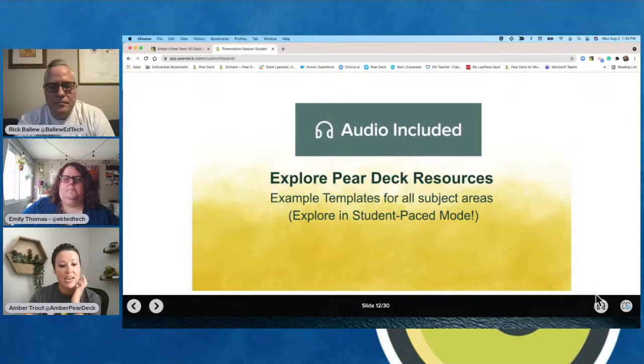Now, a lot of teachers say, does it pick up pictures? No, because it just picks up text. But here's the loophole that I'm going to give you right now: if you put a little text box underneath your picture, what do you think it's going to do? Pick up the words and read it to the kids on that picture. So that's just a little quick tip there. If you don't know how to do that, it's easy to have students still interacting with pictures, even if you are using that with Immersive Reader.